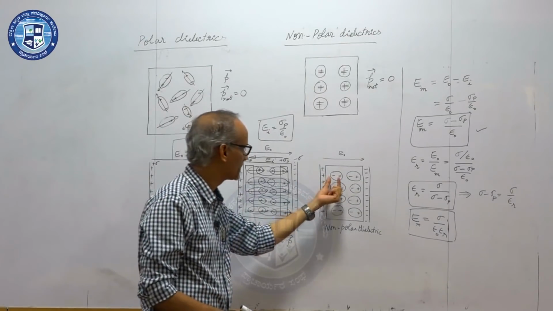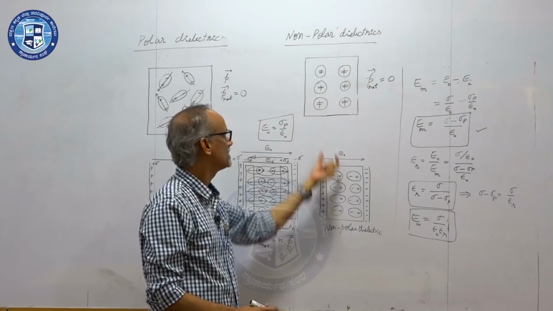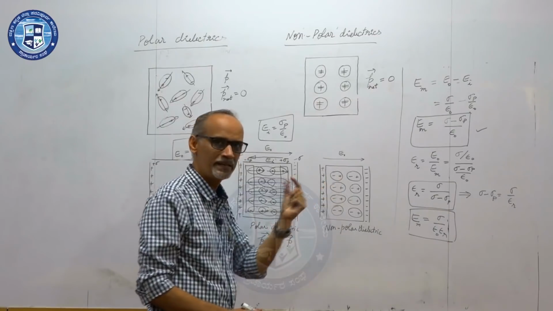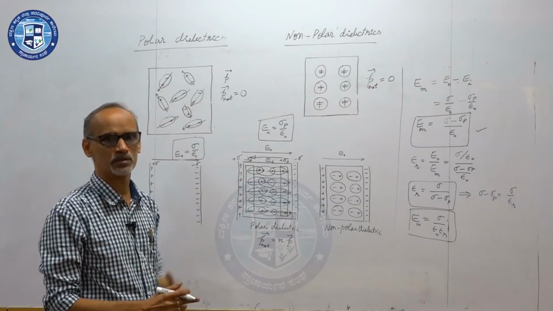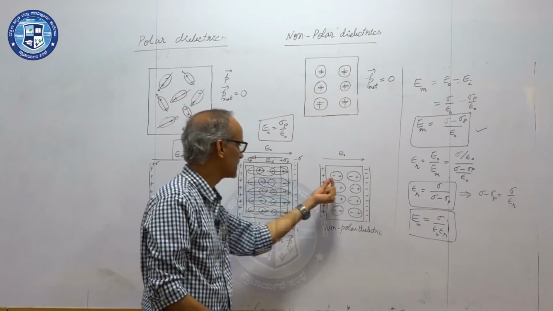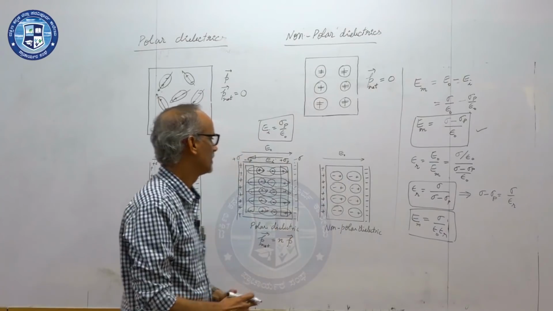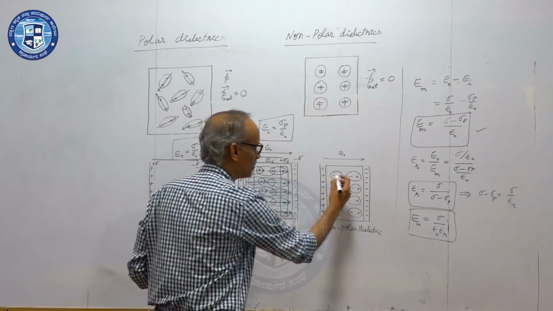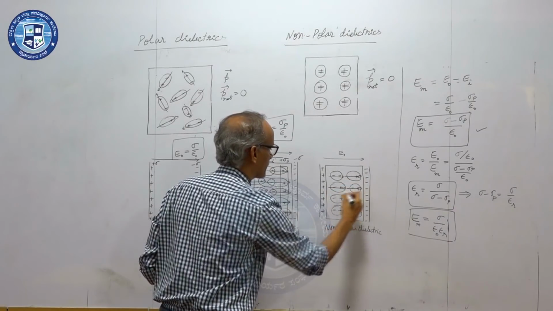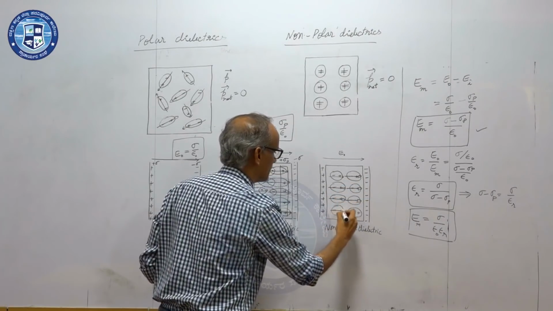When they get shifted, these non-polar molecules now behave like polar molecules, but only in the presence of the electric field. Because of the separation in their centers, they produce a dipole moment in the direction of the electric field,